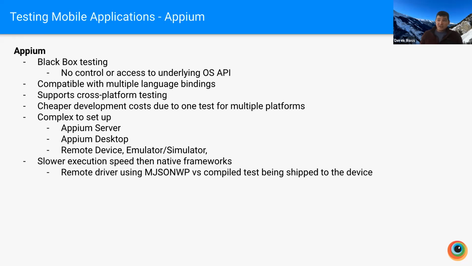And it's a slower execution speed than native frameworks. So if you're using XCUI or Espresso, you're compiling your test into a runner, and those are getting shipped to the device. And so they're running right coincided with the code that they're testing. Whereas with